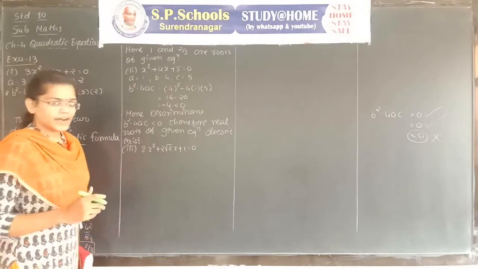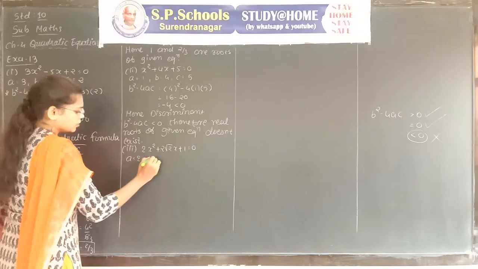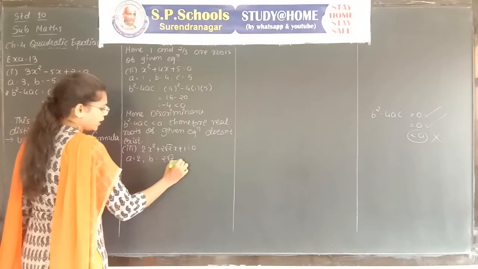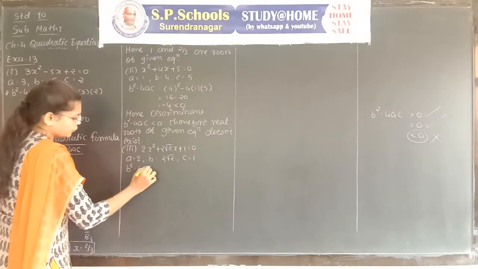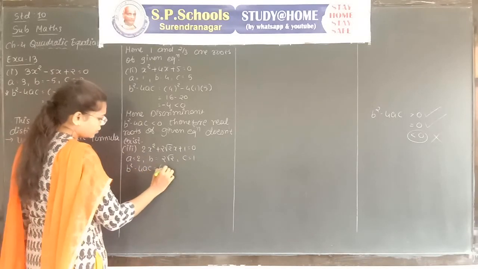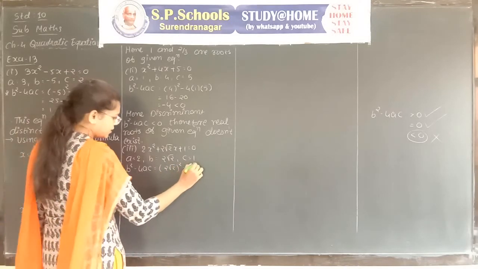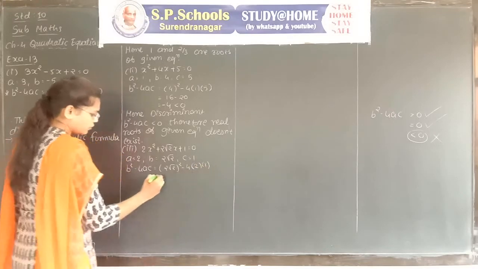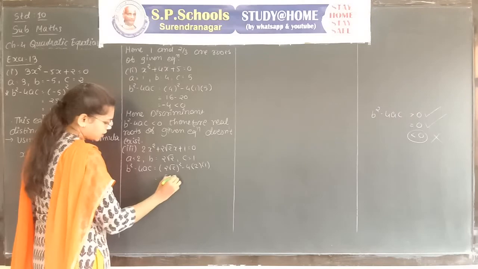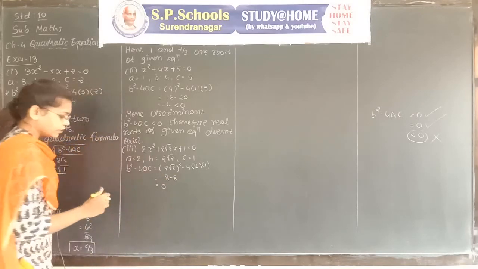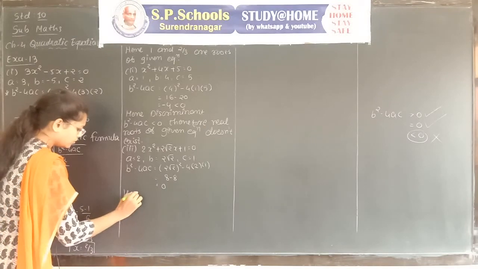First of all, write the coefficients a, b, c. a is equal to 2, b is equal to 2 root 2 and c is equal to 1. b square minus 4ac is equal to 2 root 2 whole square minus 4, a is equal to 2 and c is equal to 1. 2 root 2 square is 4 2s are 8, minus 8. 8 minus 8 is equal to 0. Here the discriminant is 0. Then what will happen? Here b square